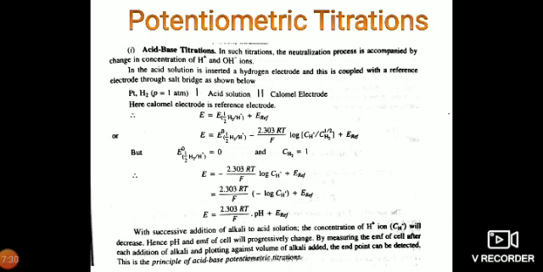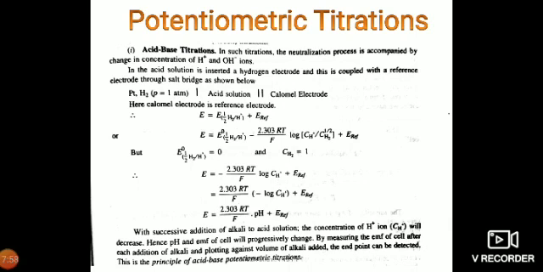But here E0 of half H2 bar H plus is equal to 0 because it is a standard hydrogen electrode. Its potential is 0 volts there. And concentration of hydrogen is also 1 because we have maintained it at 1 atmospheric pressure. Therefore, E is equal to 2.3 RT by F into log of concentration of H plus ions plus E reference, which is equal to 2.3 RT by F into minus of log concentration of H plus ion.